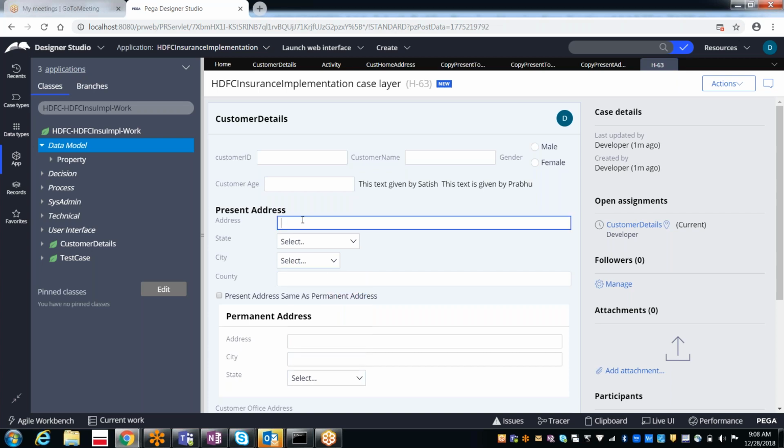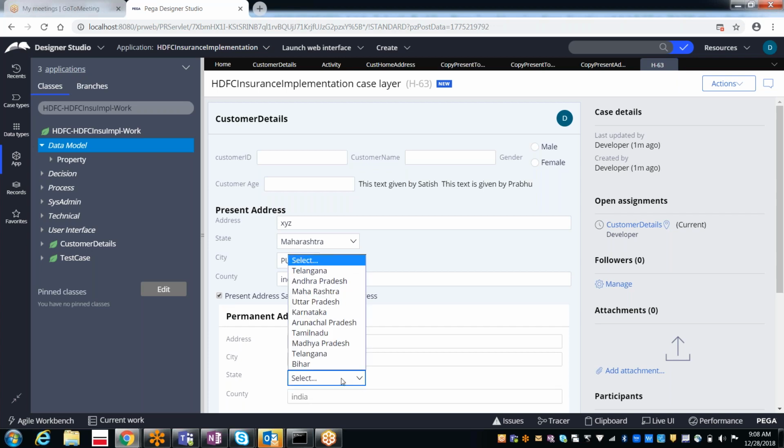But even though you have selected, it is not getting populated. Why is it not getting populated? See the difference.